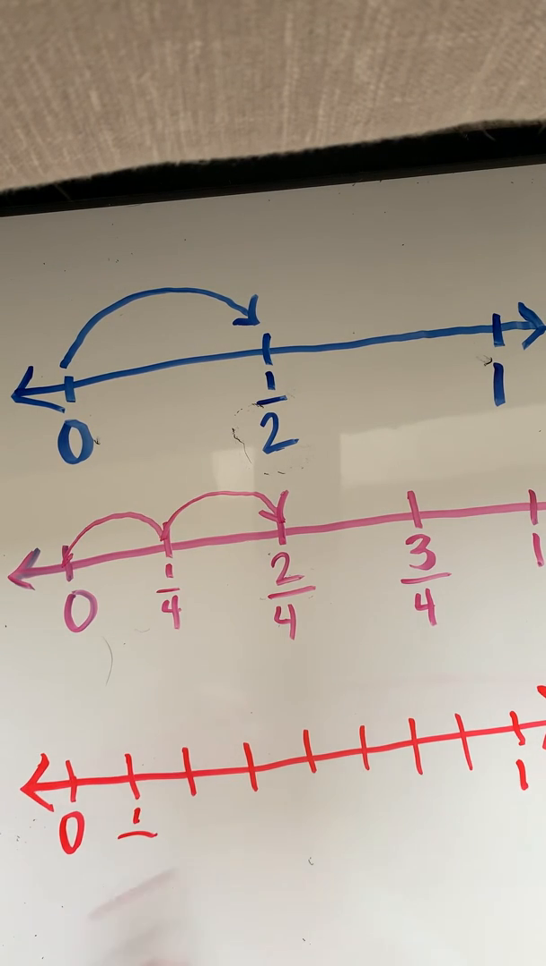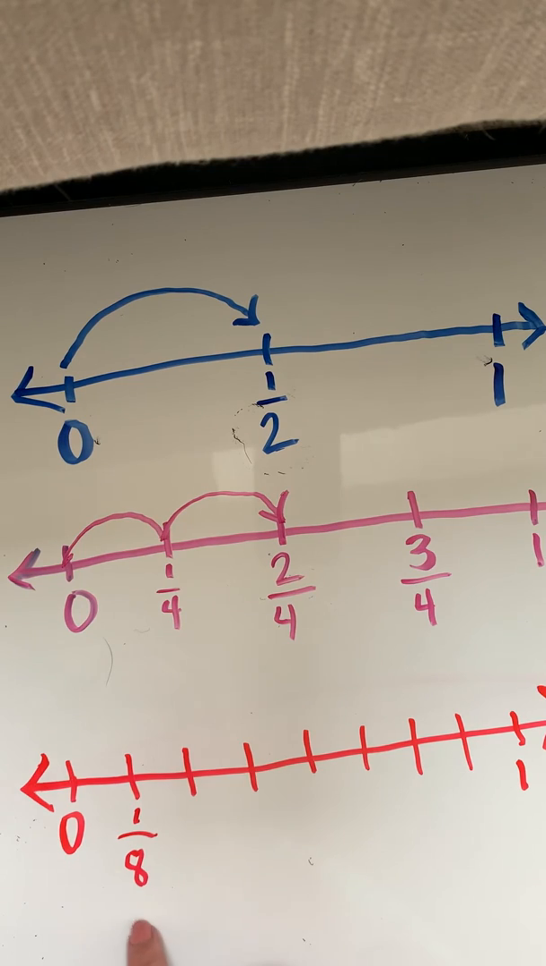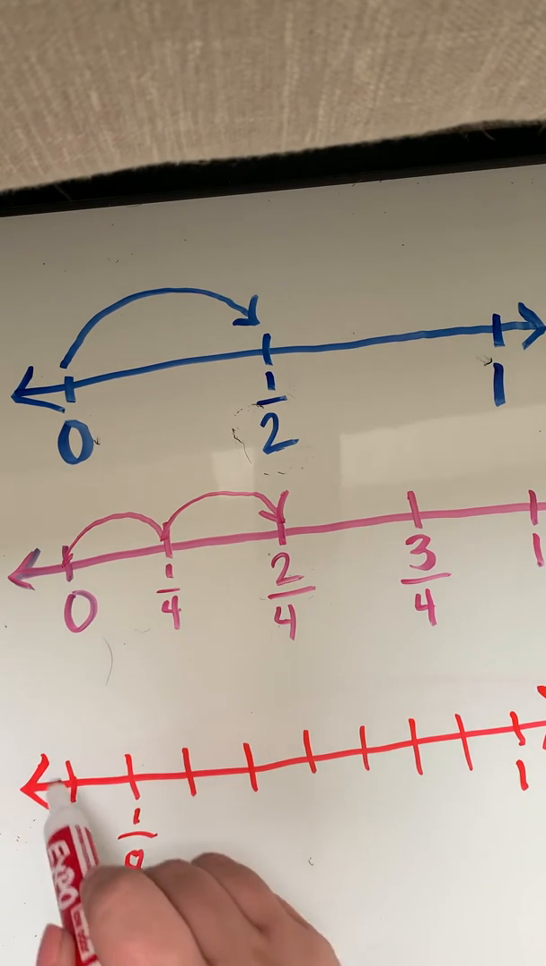Now, how many pieces did we just make? We just made 8 pieces, right? So this first fraction on this number line would be 1/8 because I have 8 pieces in my whole number line right here. All right, so that's 1/8. So if this is 1/8 and I just did 1 hop,